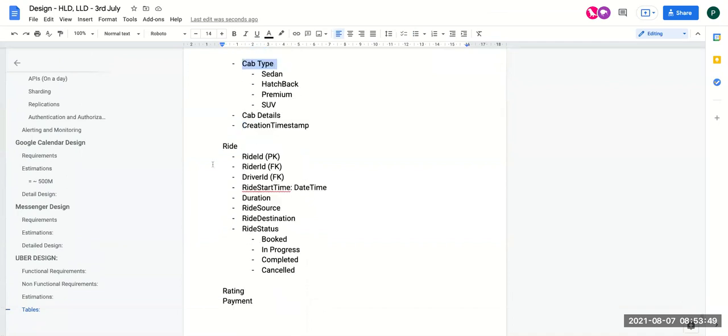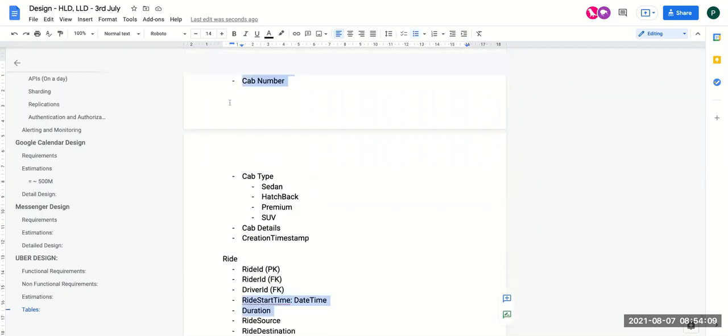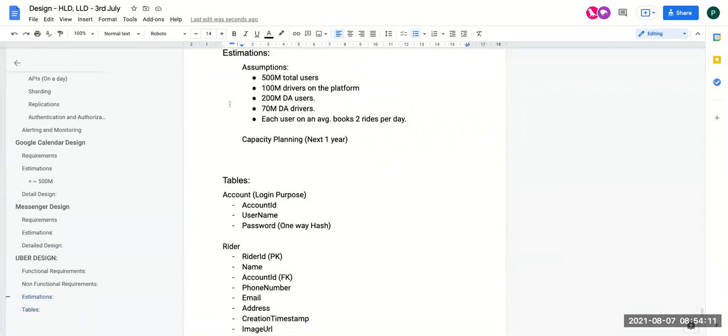And then we are capturing the details about the ride. So we have ride ID, rider ID, driver ID, ride timestamp, start timestamp, duration, ride source, ride destination, ride status, whether it's booked, in progress, completed, or cancelled. If it is cancelled, then ride start time and duration, both these fields will be empty. So these are the main tables which we are considering as a part of our